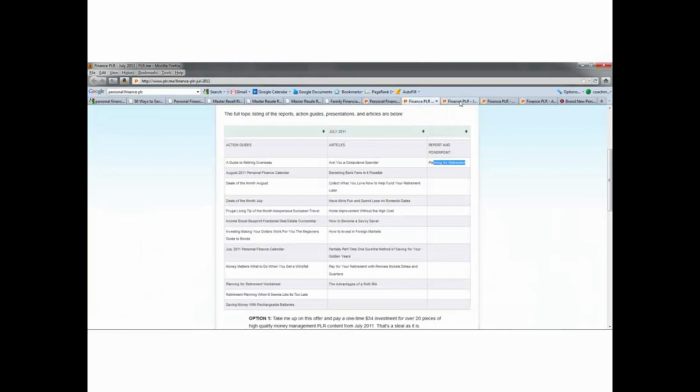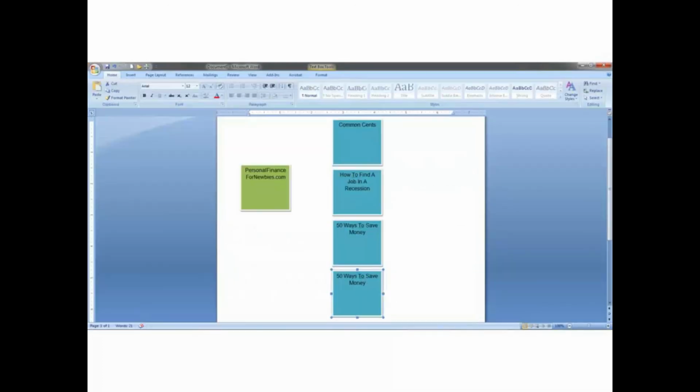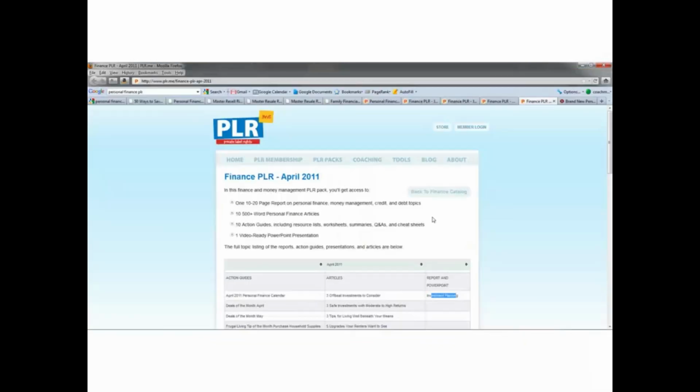Planning for retirement or getting out of debt or investment planning. I think I'm going to go with investment planning. So I would go here and say investment planning. Okay, so I would want to find something that would kind of cover the whole personal finance